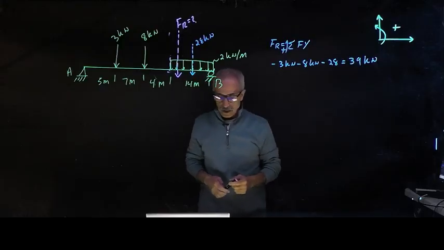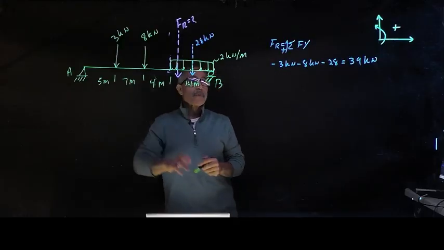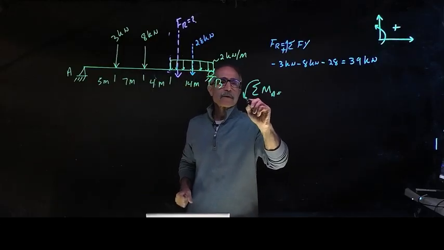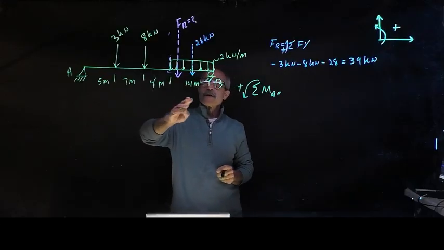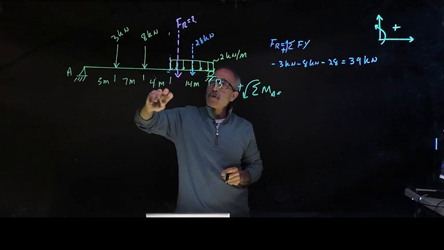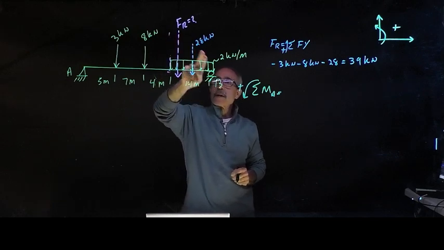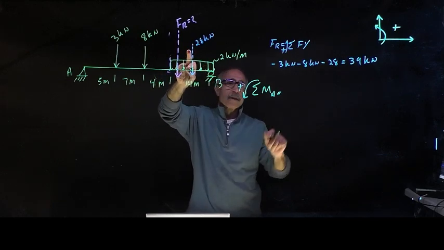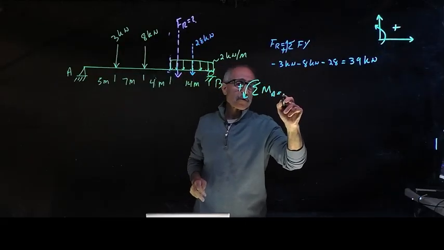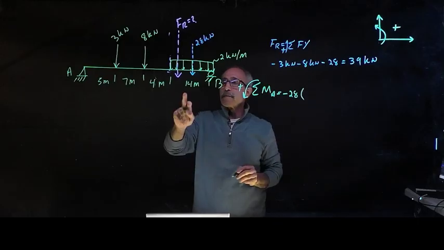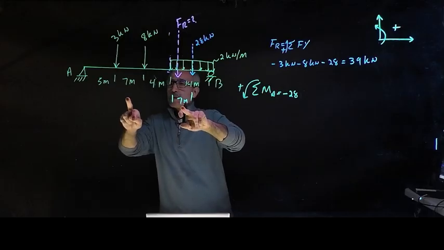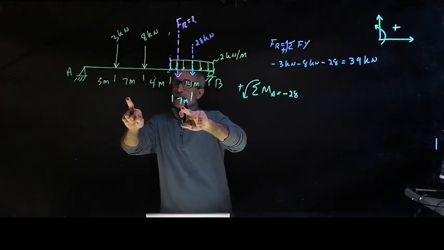And then I'm going to take a moment about point A. Summation moment about point A is equal, counterclockwise is positive. I'm going to start from here back that way. I'm not going to count this. I'm just going to do all the forces, and I'll do that one later. So it's going to be the concentrated load for this one, which is 28, and that's going to be going clockwise, so it's minus 28 times the distance from here to 7, and 7 is 14, 14 and 4,